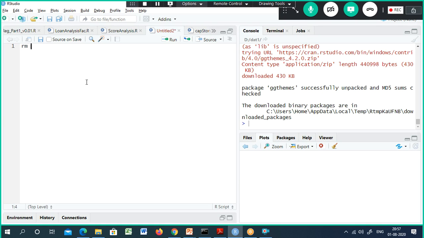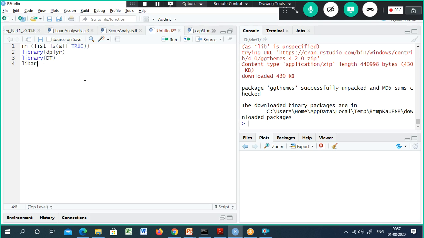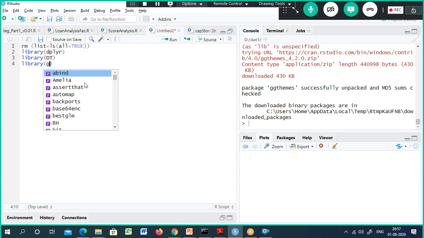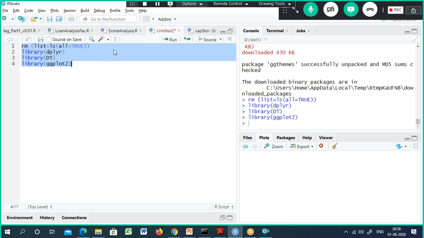First, as usual, rm(list = ls()) to clean up the memory, and then import all the necessary libraries. We have something called DT, data table. I'll show you what this is all about. And we have ggplot2. In Python also ggplot is available, but most developers use matplotlib and seaborn only.